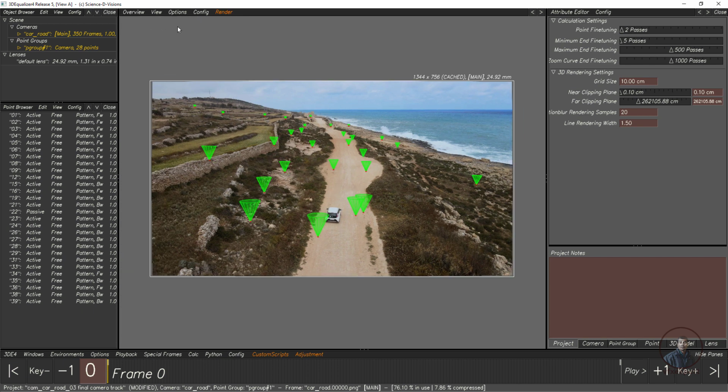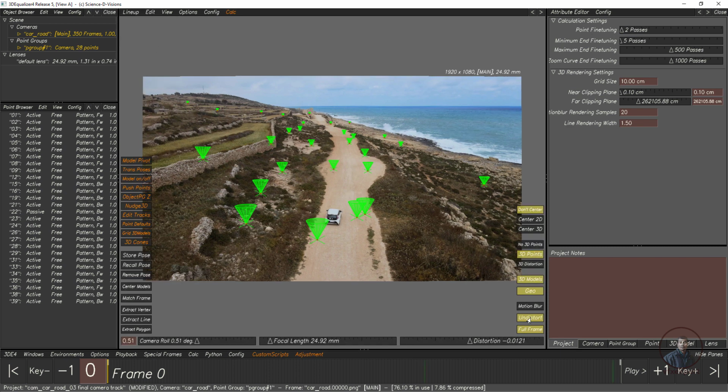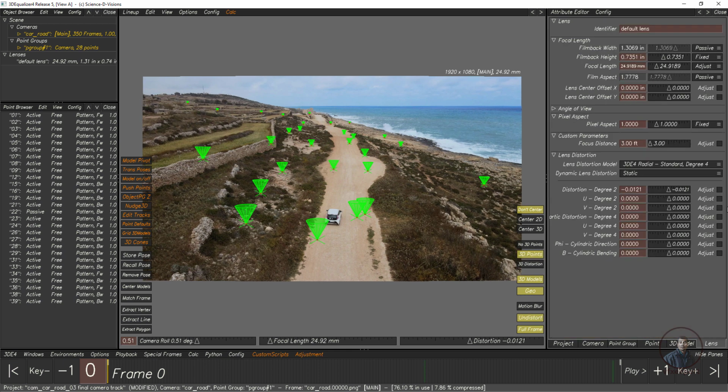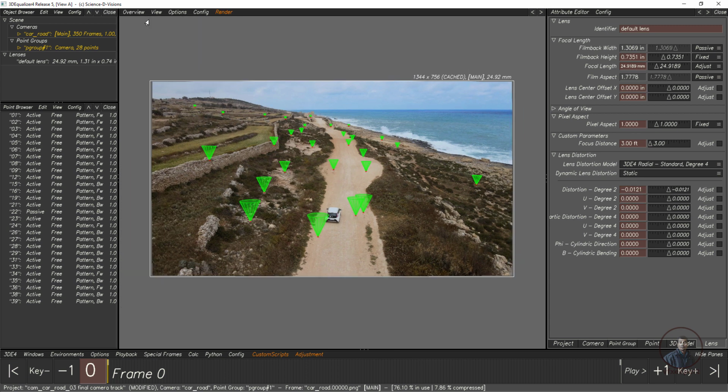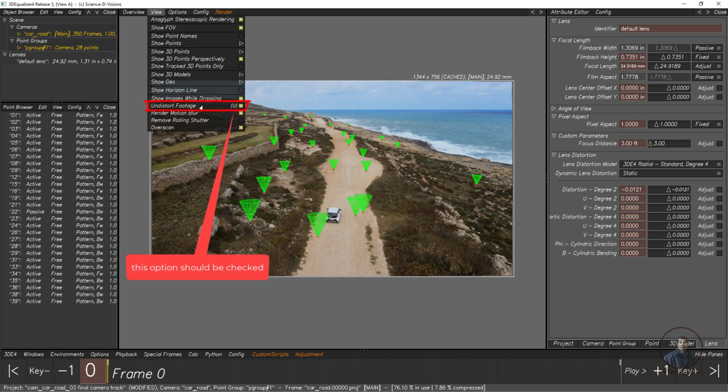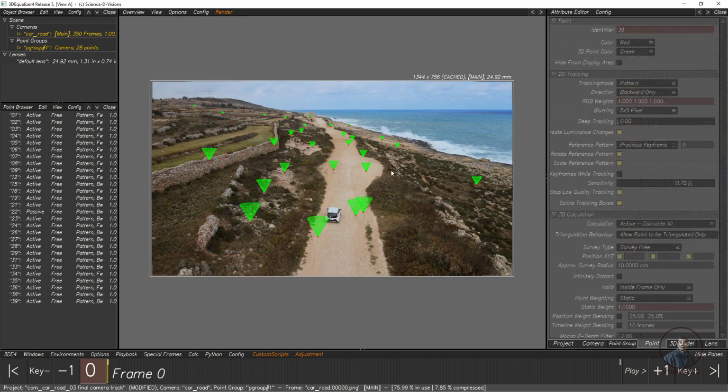First, I have also undistorted our plate. If you want to check, come back inside lineup control and you can see I have adjusted a little bit of distortion here. In lens you can also see this little bit of distortion I have adjusted. Then again come inside the overview controls. First, because we want to render all these cones with our undistorted plate, in the view option we have to select the undistorted footage. Now if you see here, we are also getting these red points, which are our 2D points.